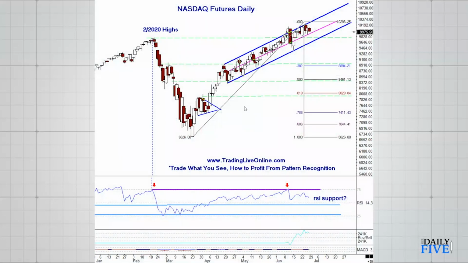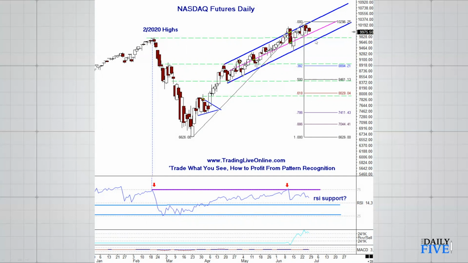Now I want to look at the Nasdaq Futures chart, and I've got a parallel trend channel on here. It popped out a bit and came right back down. This pink center line is an important area of support to watch. If you look through this trend channel, you can see all the times that the price has traded around this center line, and we're just approaching it again right now. If we come down through this center line, at a minimum we go down to the lower end of this channel line, which also lines up with the green line at the previous